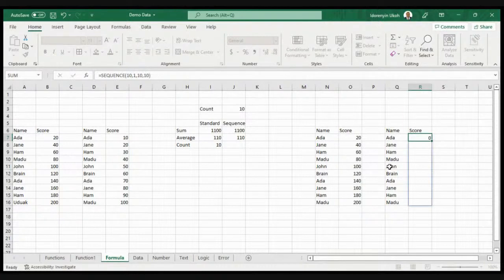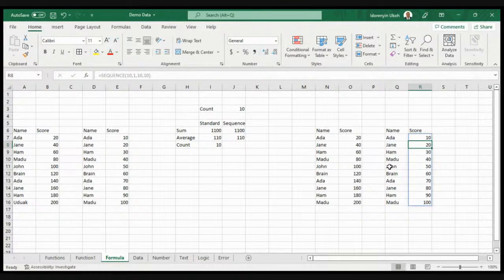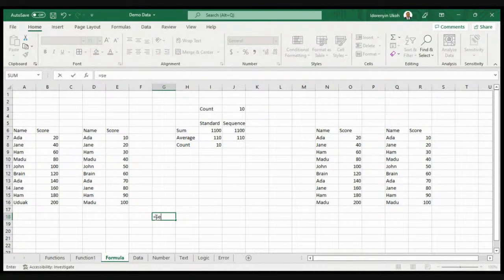And I close the bracket. Excel actually populates that for me. I don't have to go back and do it one after the other. Also, I can say I need data. So that same sequence, for example, I'll use the sequence form and I said, okay, I want 5 rows. I want data in 5 rows, 3 columns.